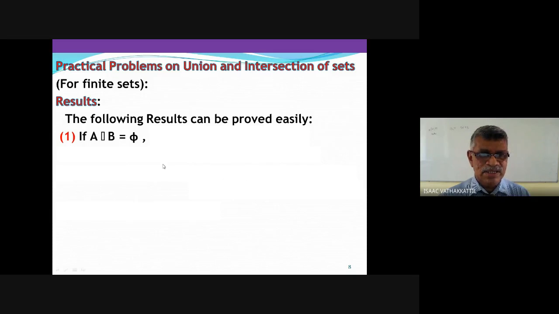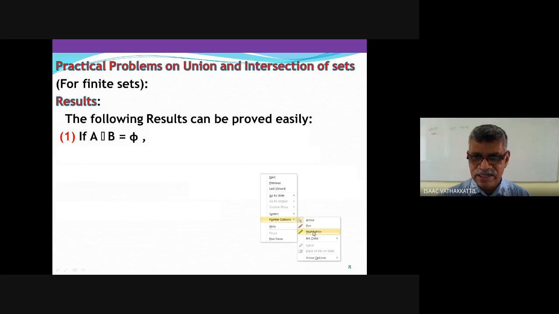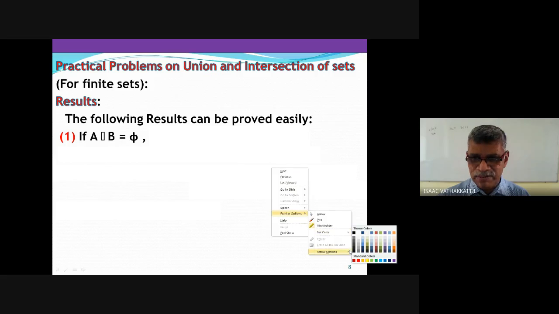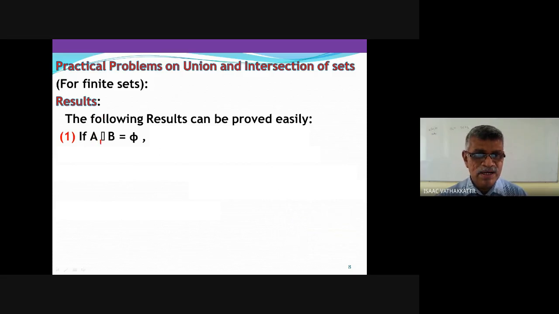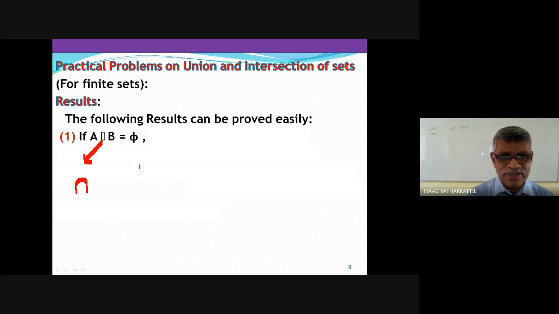There is some technical error here. This intersection symbol, somehow I forgot to notice that it is not printing. This symbol appears many times. You have to see that this symbol is the intersection symbol. You have to take care. I will rectify it later, but right now, this rectangle symbol is to be read as intersection. Okay, clear? Can I proceed? It may appear many times today. I will clarify it later. Today, you bear with me.